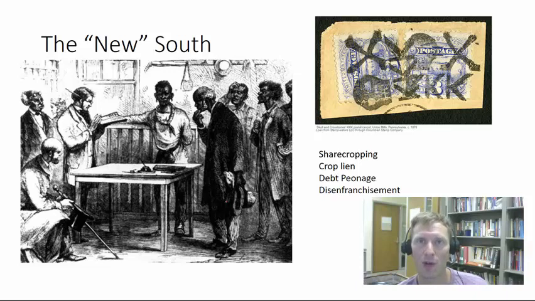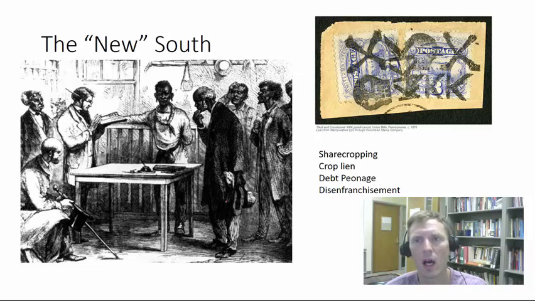Well, that means the price of cotton goes down because there's more supply. So you go to sell it and you don't make as much money at the end of the season as you thought you would. And so you don't have enough money for the next agricultural season. So you go back to the market and you say, oh, hey, I can only pay you $40, but I owe you 50, so I'm in the hole 10. So I'm minus 10, and I need supplies again. I need more shovels. I need more seed. And so you go into further debt. And scholars refer to this as a system of debt peonage.